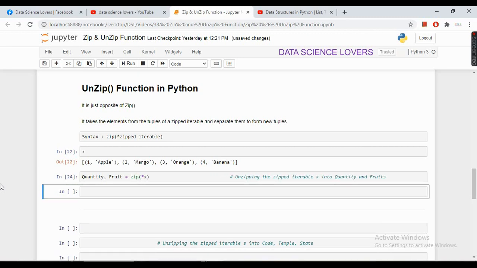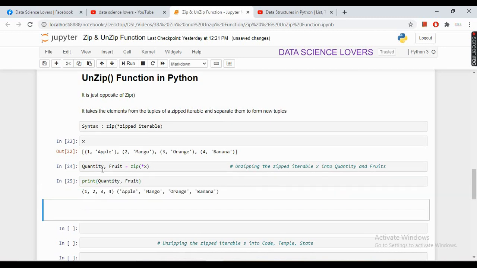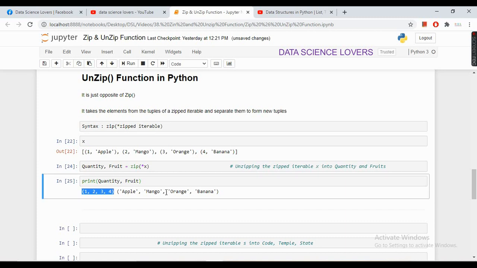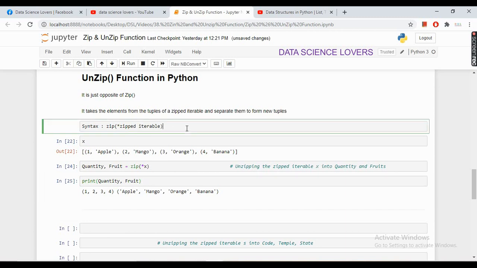Now if I run this and print my unzipped iterables, then you can see that 1, 2, 3, 4 are now separated, and apple, mango, orange and banana are now separated in another tuple. So this is how the unzip function works.